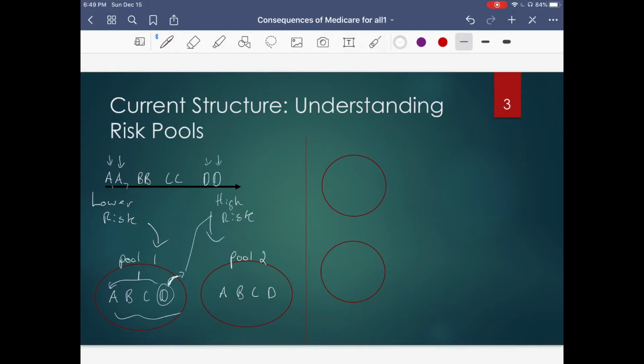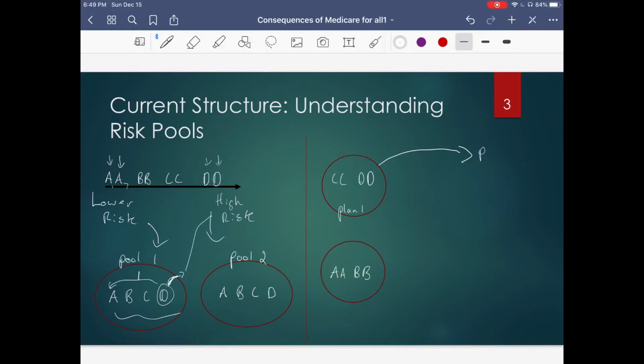So over here, I'll explain how this market can become inefficient. So in plan one over here, you take, let's say, both individuals from class C and both individuals from D, and then you have both individuals from A and B over here. So this would be considered a segmented risk pool. If you go this way on my little diagram here, plan one,